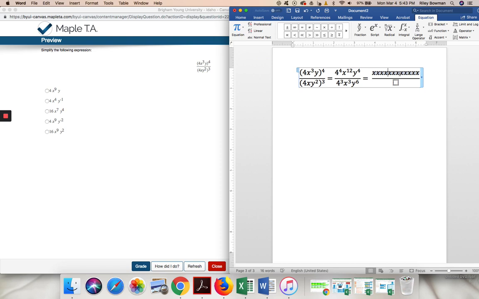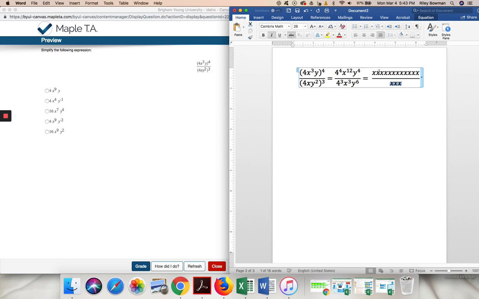1, 2, 3. Yep, 12. And then on the bottom I have 3 x's, 1, 2, 3, and of those, x divided by x is 1, x divided by x is 1, and x divided by x is 1. So one way of thinking about it is that I am canceling out 3 of those x's like such, which leaves me with 9 x's. So I could do that the long way, or I can subtract. If I have 12 x's on the top, 3 x's on the bottom, 3 of those x's will cancel, which leaves me with,